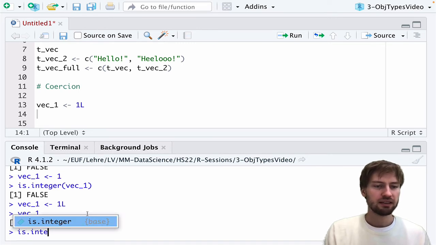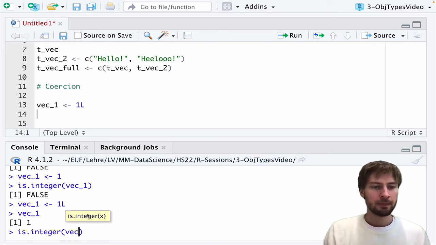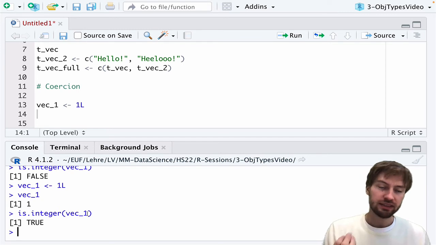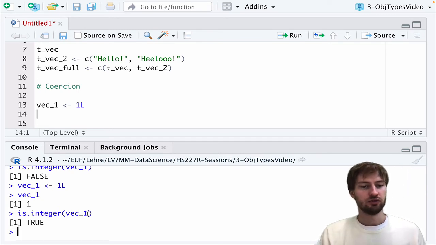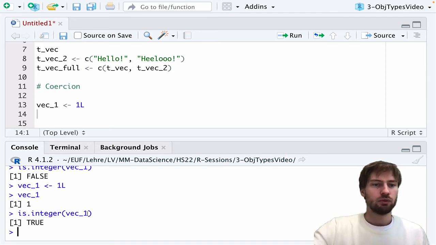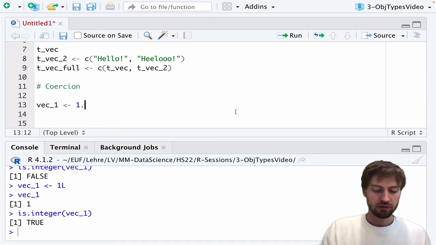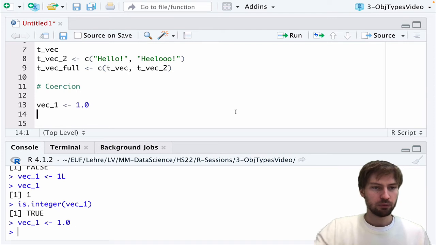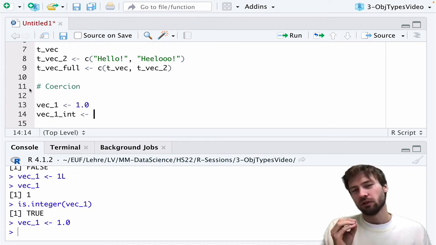But if you now test for integer, you actually see that now the test is true. Another way to transform or to create an integer would be to stick with our original definition of vec1, and then